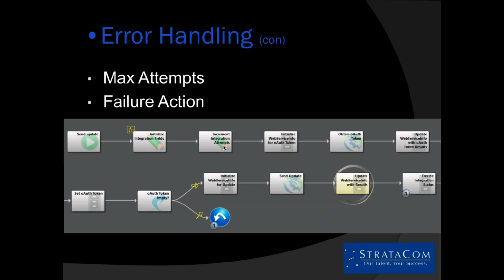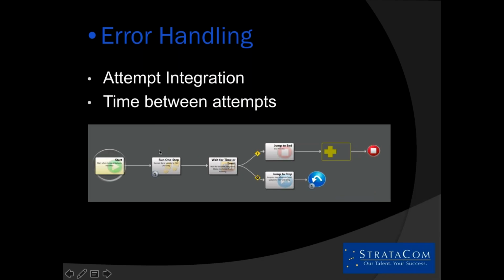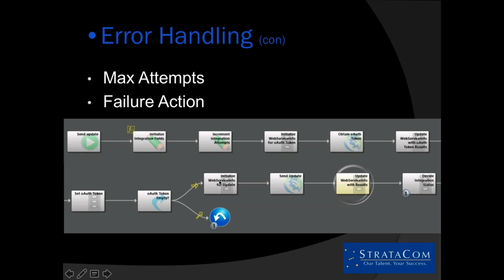So I have a stored value out there that basically says I want to attempt 10 times, and then it'll attempt 10 times, with a 5-minute pause in between each of them. And then if it doesn't work, it'll get marked as failed. If it did work sometime in there, it'll get marked as success, in addition to reporting how many attempts it had. So you can see here that this actually is this one step that we're talking about,